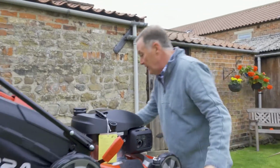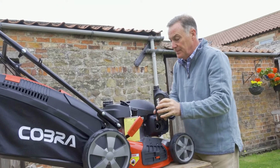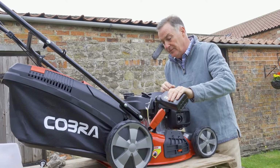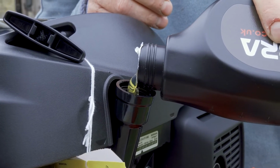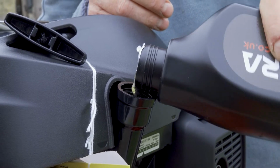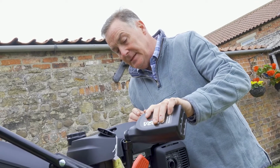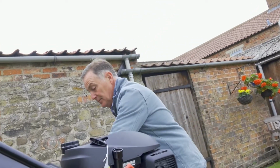And then we can gradually pour the oil into this hole here, so nice and steady, and we need about 2/3 of this, 0.4 of a litre. Now what we need to do is keep checking when we think we've got roughly the right amount in, and I'm just going to check on the side of the bottle there. I think that needs just a little bit more. It's easier to put more in than it is to take it out,